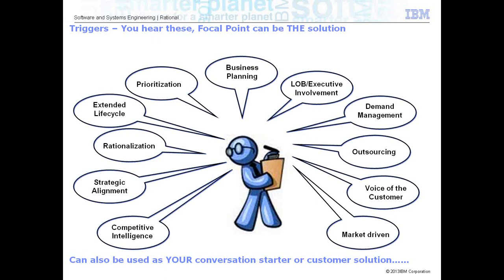One is, I've got ideas. How do I manage ideas in terms of my product development? I've got demand management, demand coming from salespeople, marketing people. How do I do the demand management? Business planning. How do I align my solutions to the organization strategy, organization vision? How do I prioritize the features? How do I prioritize the demands, the ideas?